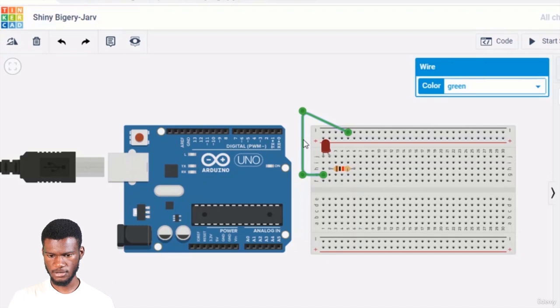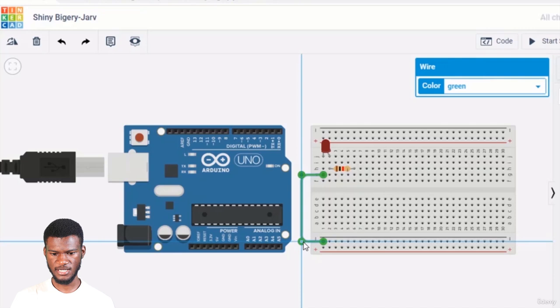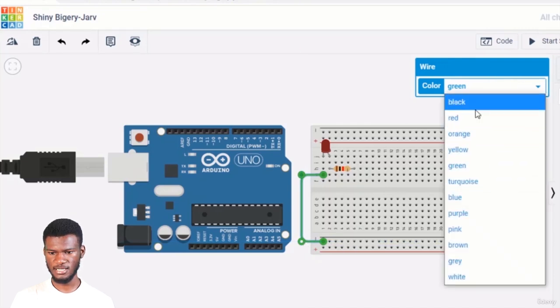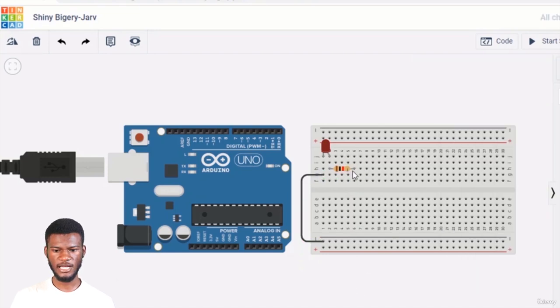So select this wire, delete it. So on an empty hole on the same column, drag a wire and then connect it to the minus rail on your breadboard at the bottom side of it. Okay, so you change the color of the wire to black because black signifies ground. Good. So now the other terminal of your resistor, you click on any of the empty holes connected on a particular column. Then you drag out your wire